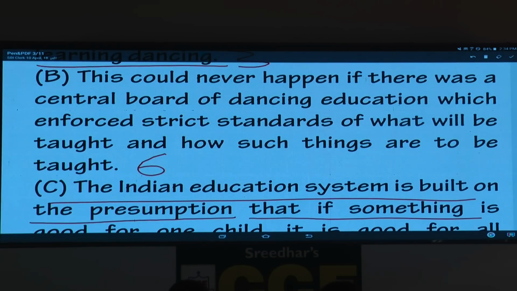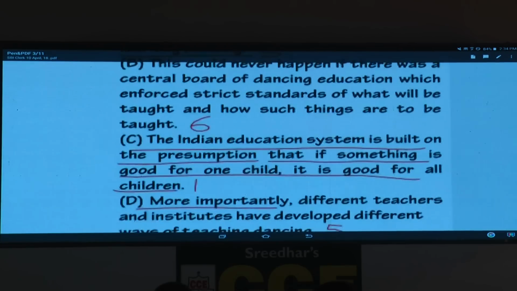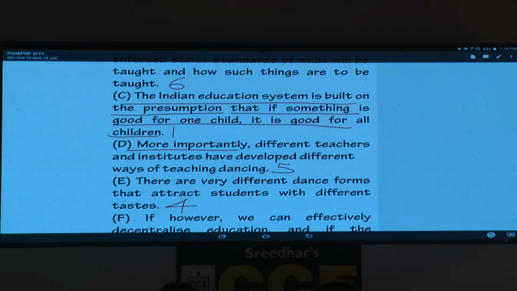Easy one or difficult one? How many of you have got this one correct? I think that don't depend on the key. The key, I think, is not at all correct. So forget about the key. At this stage, you should know for sure what is right, what is wrong. Never ever depend on the key. If the passage is very complex, perhaps you have to cross-check.